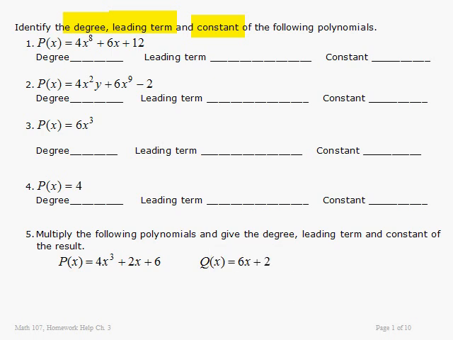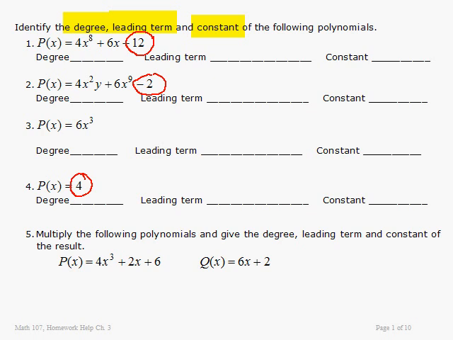So constant, the constant is the term that's just a number and has no variable associated with it. So you can see the constants right here. Obviously this constant is 0, and here's a constant down here. Those are the constants. Now for the degree, it is the